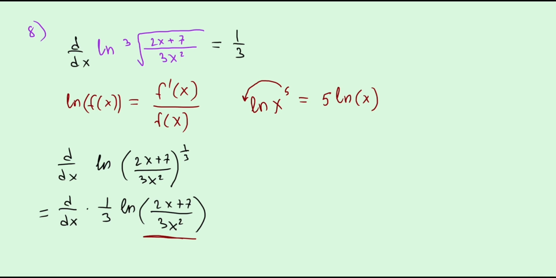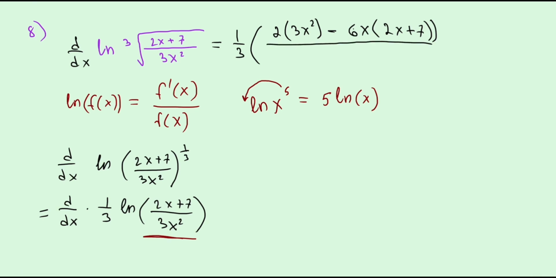In the quotient rule, first we have to find the derivative of the numerator, which is 2, times the denominator, minus the derivative of the denominator, which is 3 times 2x, which is 6x, times the numerator, 2x plus 7,